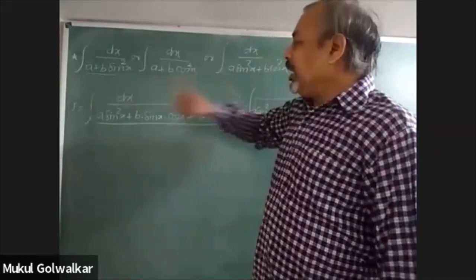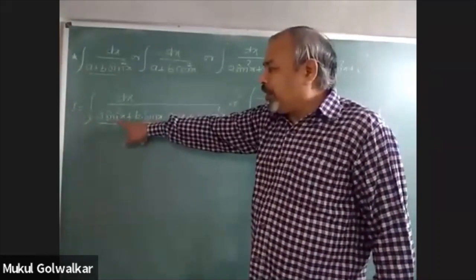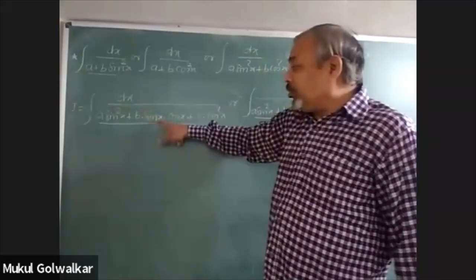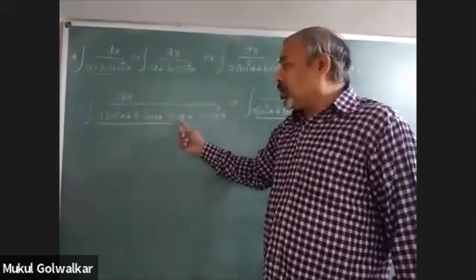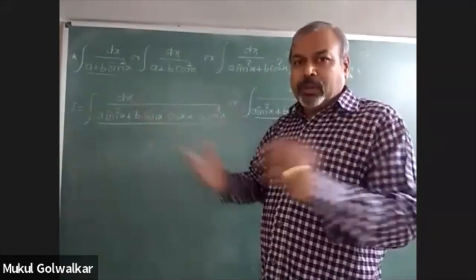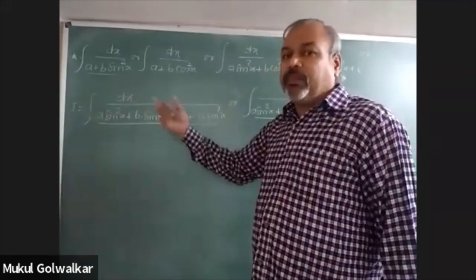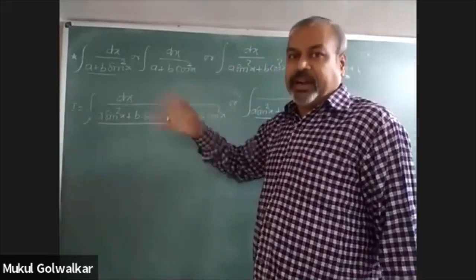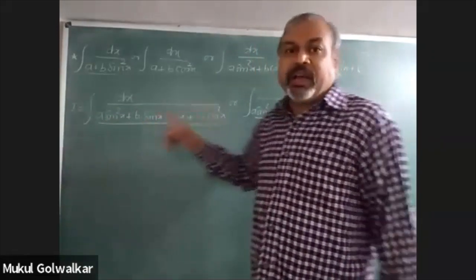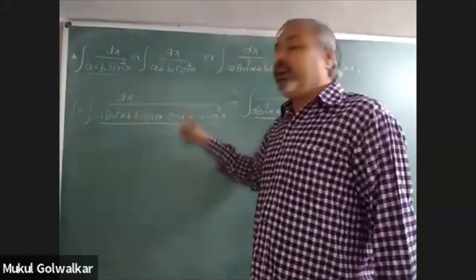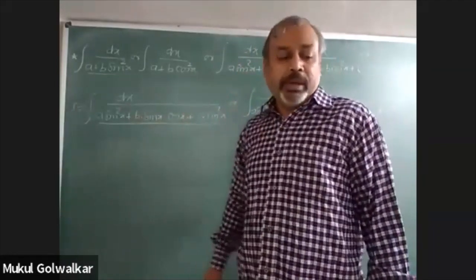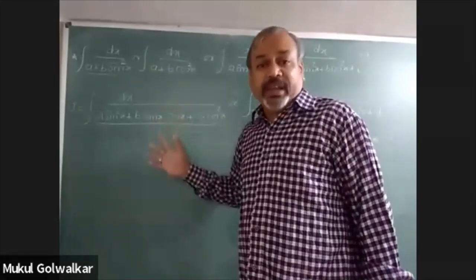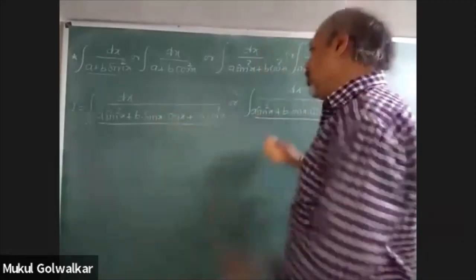See, mind it well, here in this type of question the trigonometric function has been raised to the power 2, an even number. And when you see this particular term sin x into cos x, when you multiply them, ultimately the degree of this term can be considered as 2, because it is sin x to the power 1 and cos x to the power 1. So all terms in the denominator have got the same degree 2 in trigonometric functions. So we can divide the numerator and denominator both either by sin square x or by cos square x. See that thing, please.